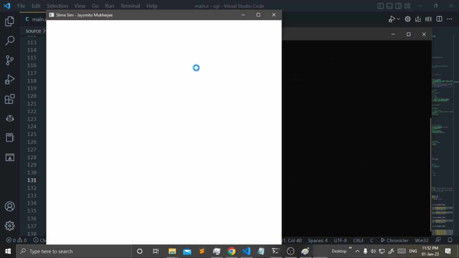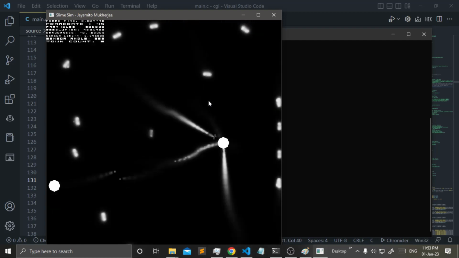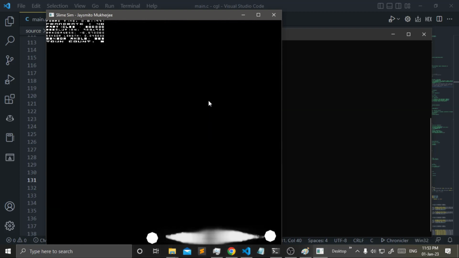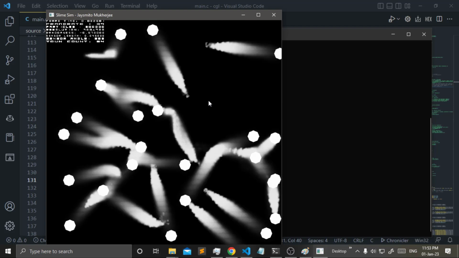Okay, let's see that. With one particle, nothing much to say. With two particles, again, sadly our point is inside an obstacle. Again, I have to increase the field of view above 180 degrees. Right, increase the randomness a bit more. Now increase the number of towns. And now if I just reset it,